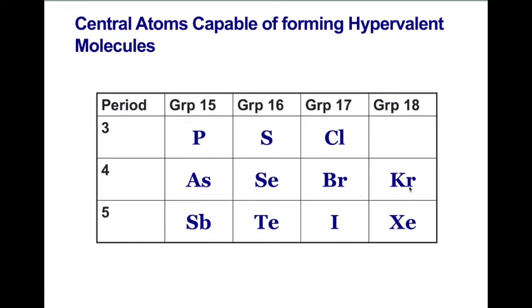And then in terms of these hypervalent molecules, this is where the central atom can expand its octet to 10 or 12 electrons. And here are some examples. These are the central atoms that are capable of forming this hypervalent state. We pretty much just start with phosphorus. Phosphorus, sulfur, chlorine are very common. And then all of those below them: arsenic, selenium, bromine. Now, krypton